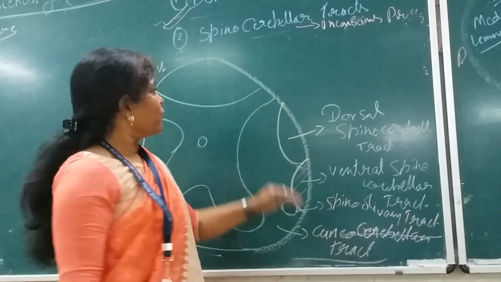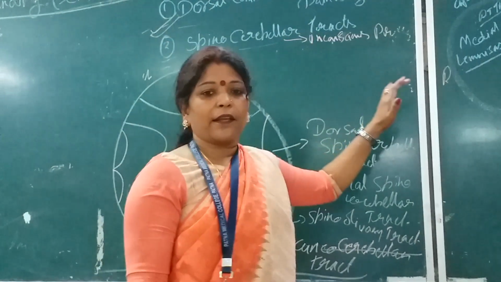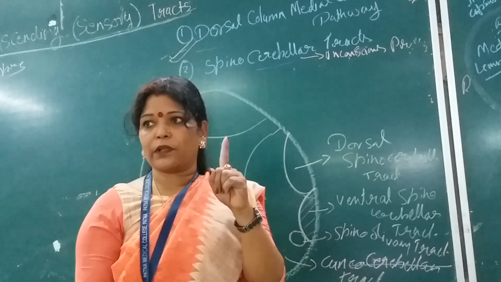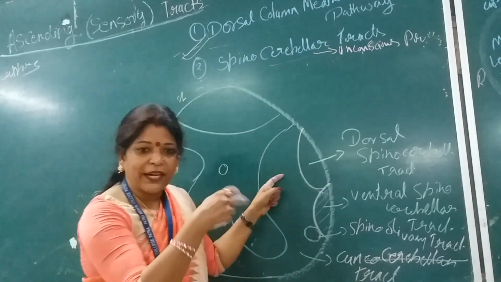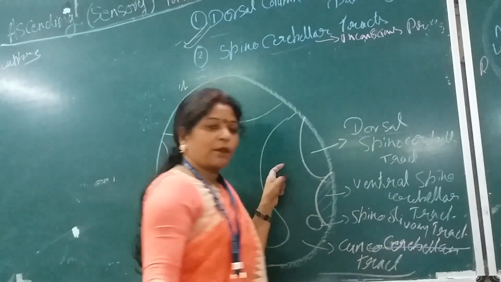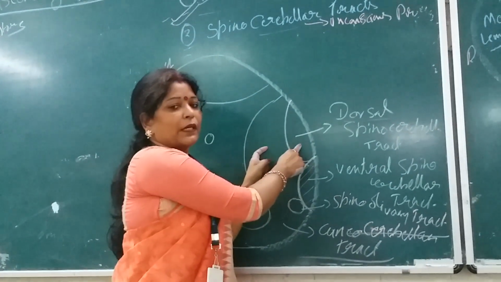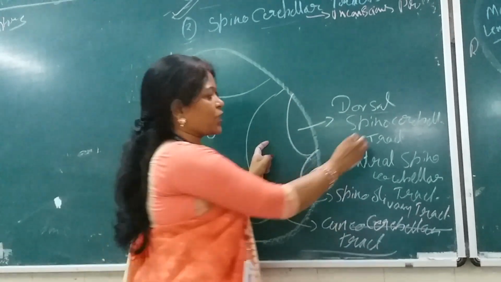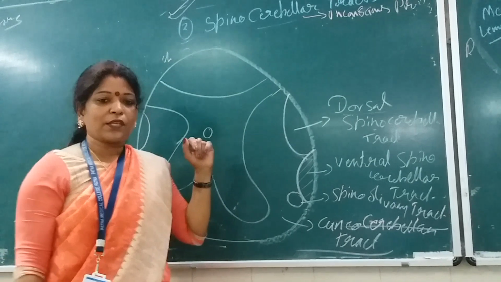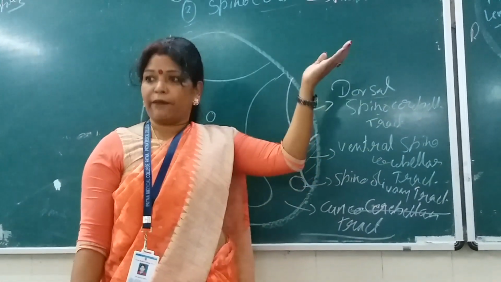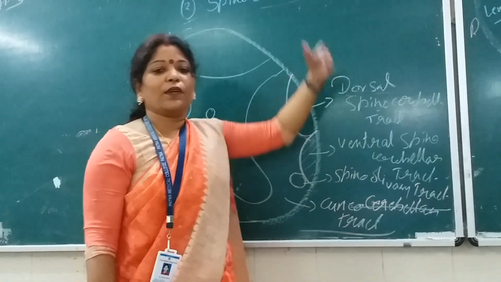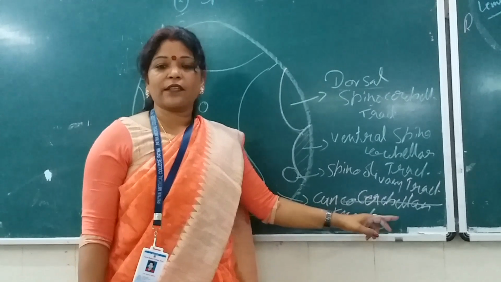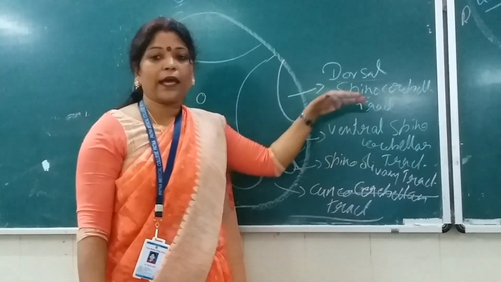That means if you divide this spinocerebellar tract, you will get a list of these tracts. It is not only one tract, mind it. There are so many tracts with different names. One is the dorsal spinocerebellar tract. It is not only defined by its position, dorsally placed. The function is also different. The tracts originate from different levels. Of course, the final termination will be inside the cerebellum, but the origin site is different. They arise in different spinal segments.